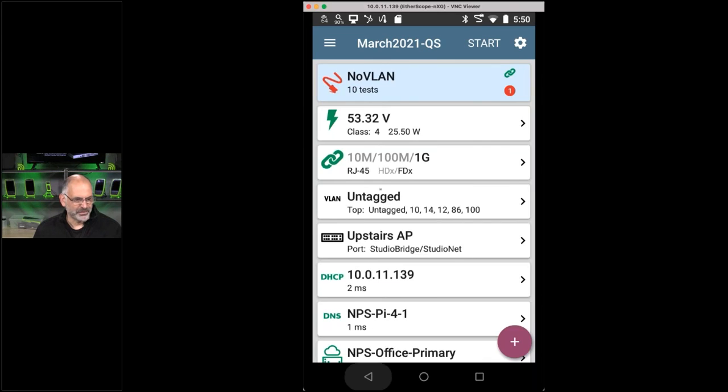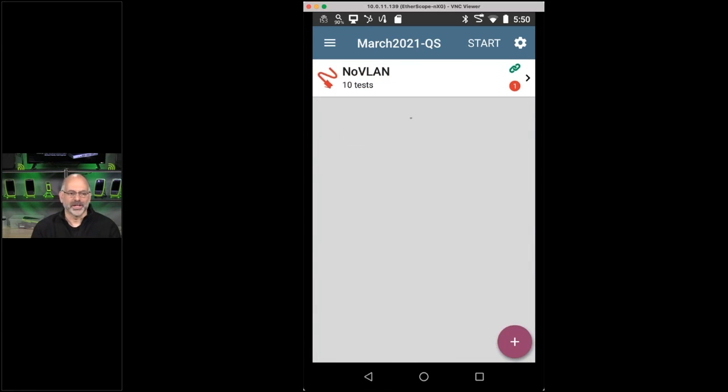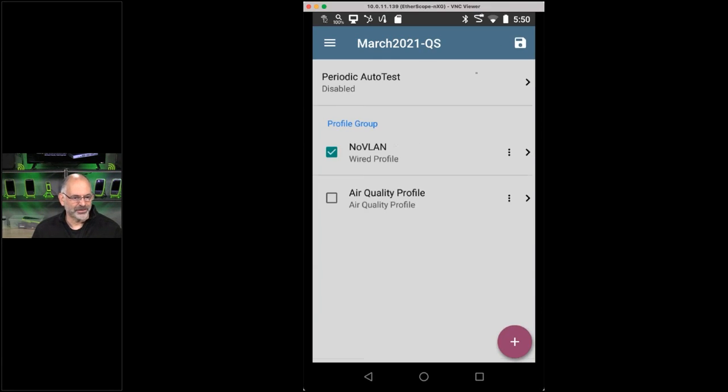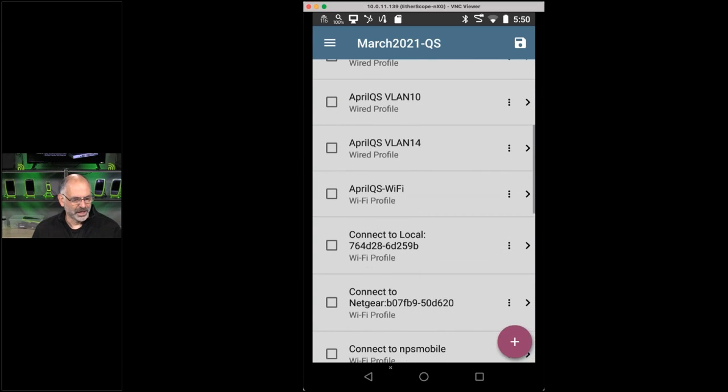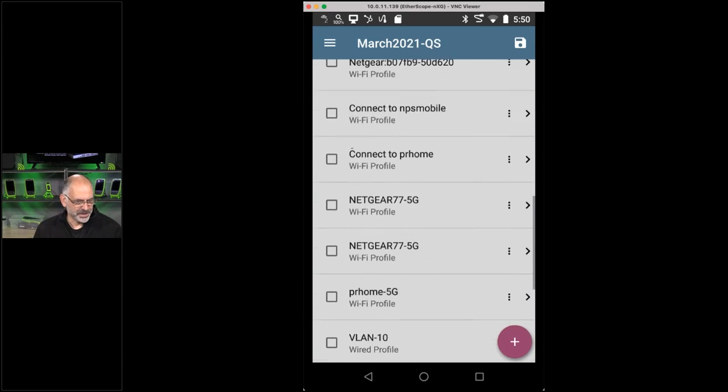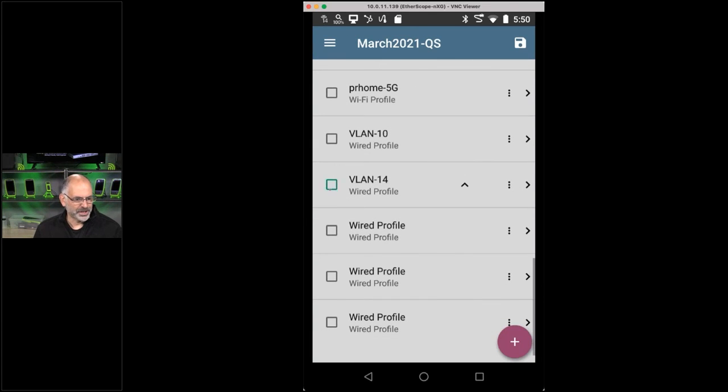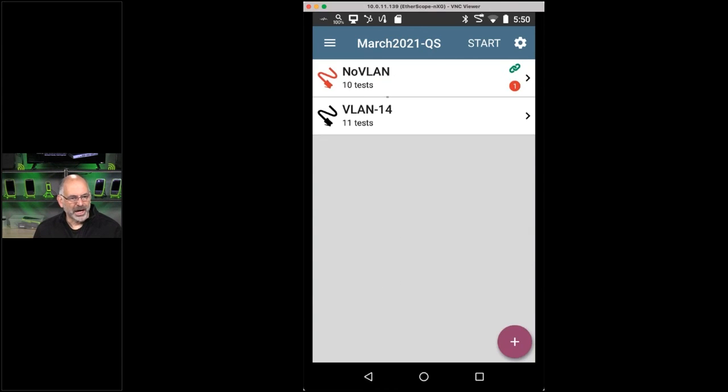One of the things that is a real nice advantage of the Etherscope when it comes to testing this is not only can I run an auto test, but I can create a profile that has multiple auto tests. So if I come in here to my configuration, I've got this whole library of auto tests. For instance, let's grab VLAN 14. In ensuring that everything is going to work properly, let's say that I want to make sure that both the native VLAN and VLAN 14 work on here. If I hit start, what it's going to do is,